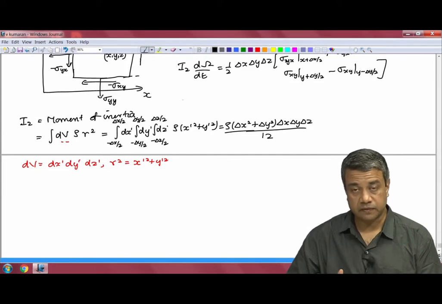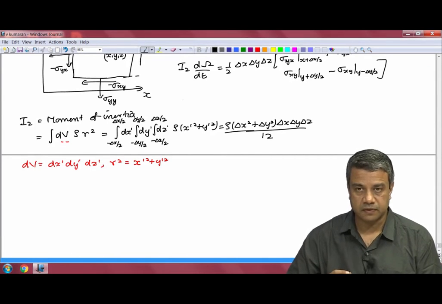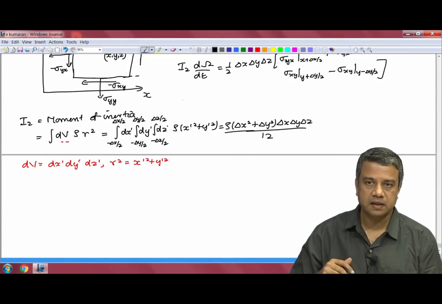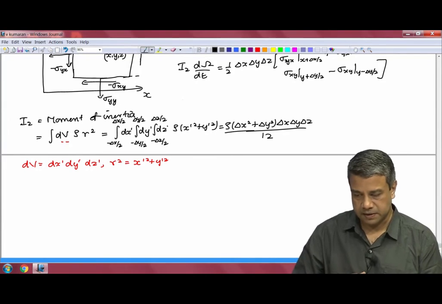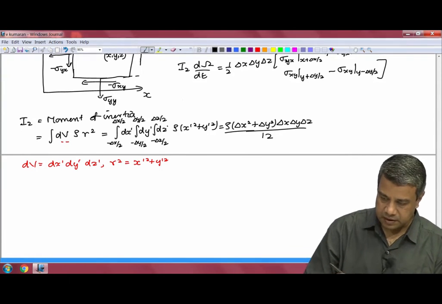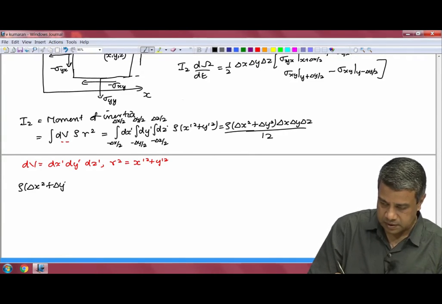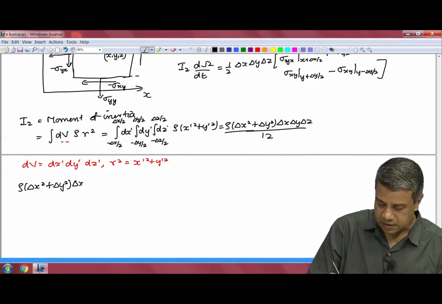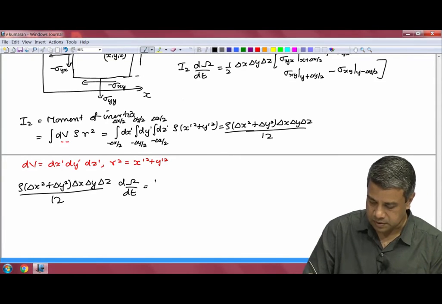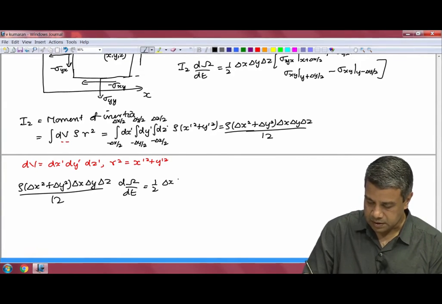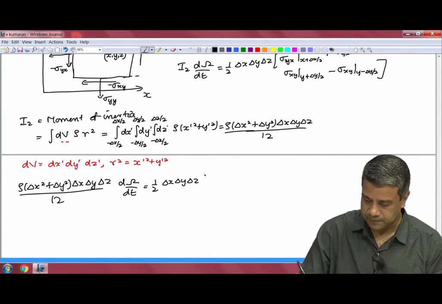So that is the moment of inertia for this differential volume around the axis of rotation, that is in the z direction. Therefore, I can write the momentum conservation equation as rho into delta x square plus delta y square, delta x, delta y, delta z by 12 into d omega by dt is equal to half delta x, delta y, delta z